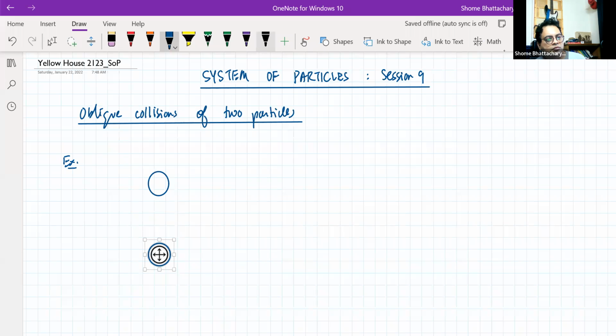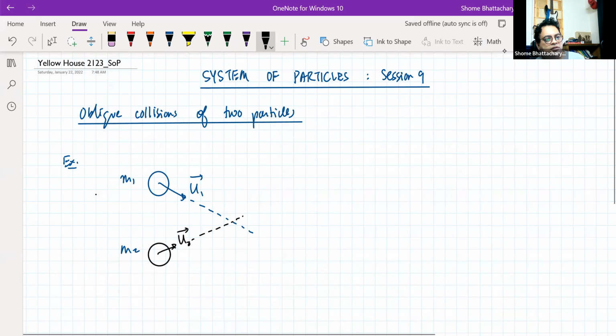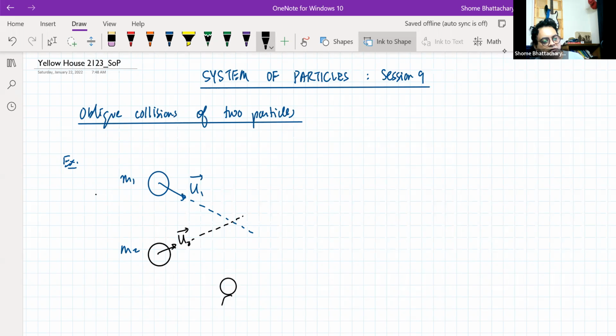We have two bodies or two particles which are moving with initial velocities which are like this, let's say. So along this kind of path and this kind of path. And eventually after some time, they collide. So as they come in contact,